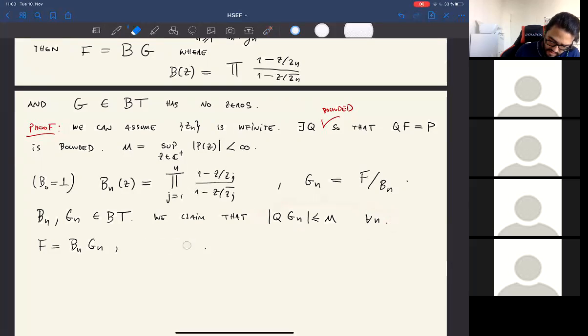So maybe I should say, QG0 is less or equal than M. Of course, that this is in C+. In C+, because G0 is just F, so assume